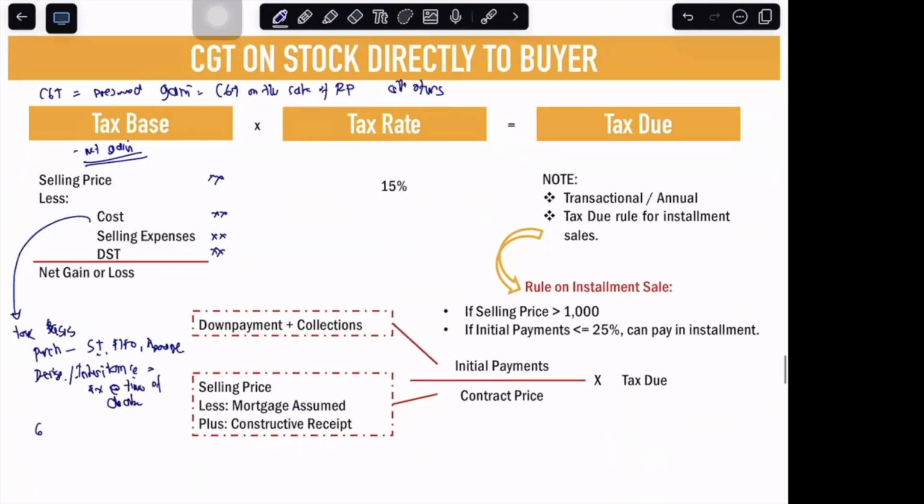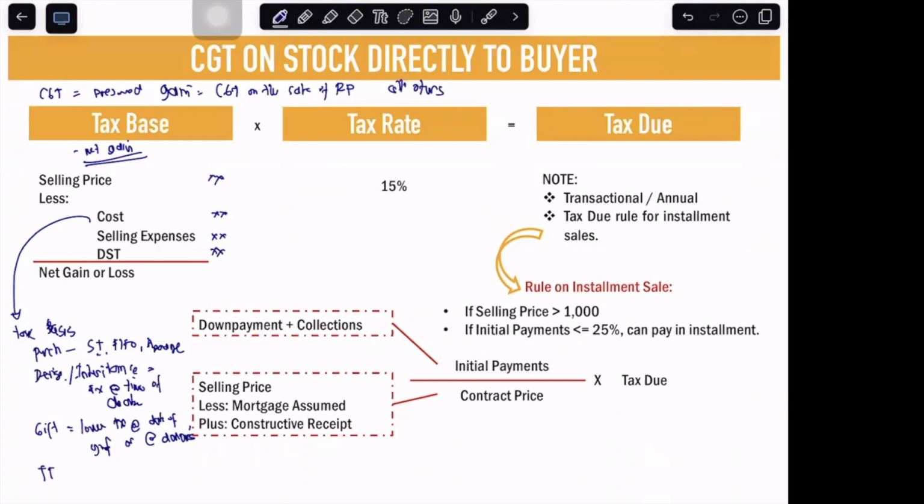If the stock comes from a gift, you get the lower of the fair value at the date of gift or the cost in the hands of the donor